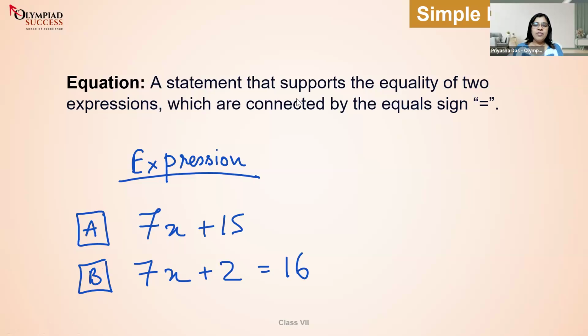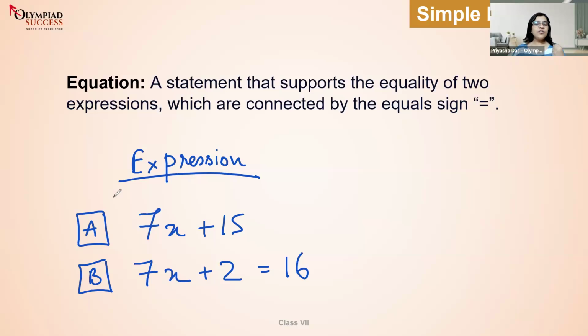Okay, good job. We have one answer from Ishan. Sure, Shivangi, give it a try. Shravya, all S today, except for Ishan and myself. Very good, Shravya. That's right. The first one is the expression because it does not have an equal to sign. And the moment you see an equal to sign, it becomes an equation.